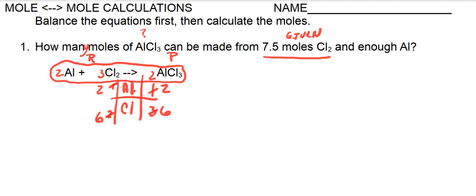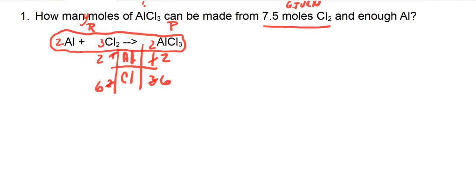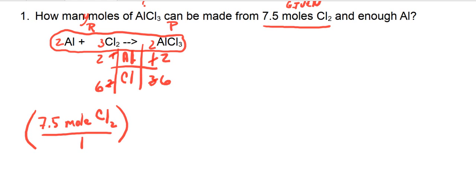So we're going to take what we're given. We're going to have 7.5 moles of Cl2, and we're going to put that over 1. We're going to make that a fraction. And then we're going to take this moles of Cl2 and